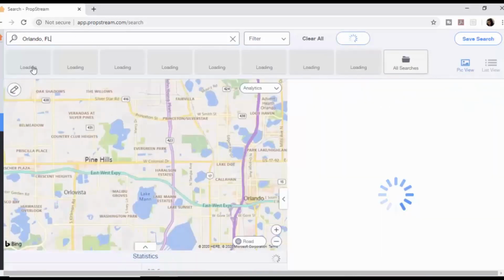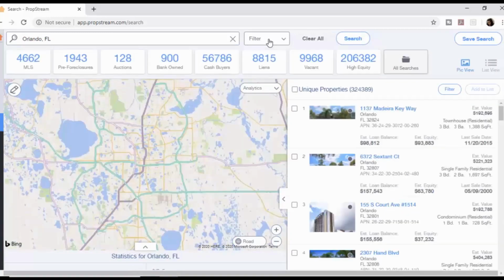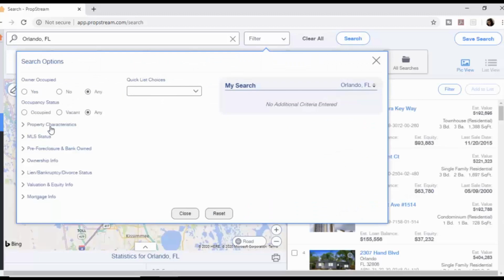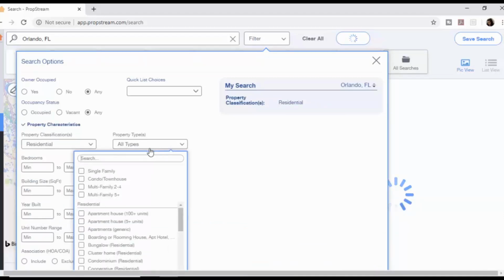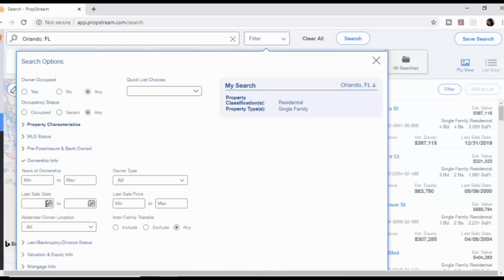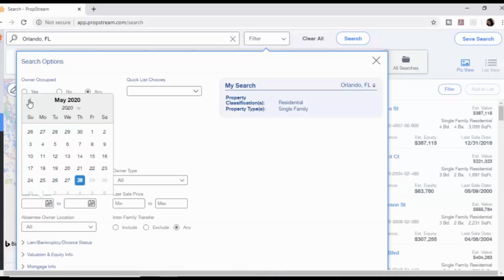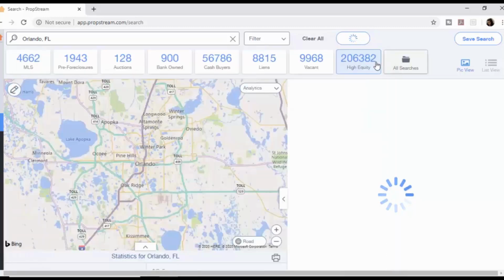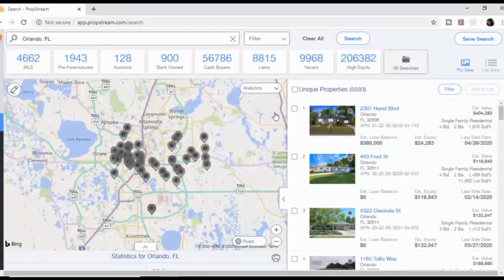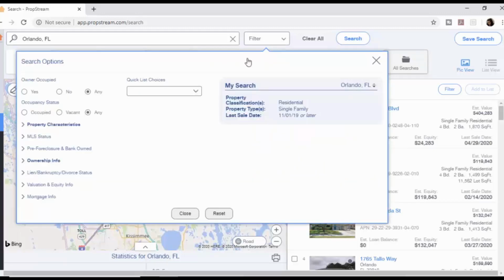Okay, and we're going to do this the same way we did it before. We're going to filter out commercial. We're going to filter out everything but single family. And we're going to look at the last 6 months sales. Okay, so give it a minute to think. So you can see we got 5,593 sales. And if we want to look at our cash buyers,